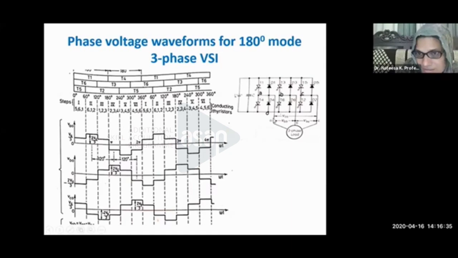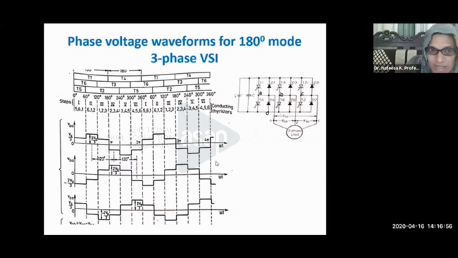VS is coming to this side. And if the lower one is connected, VA is 0. So in this way, you can draw the equivalent circuit by considering the stator voltages. Star connected stator voltage, you can connect this DC input voltage.